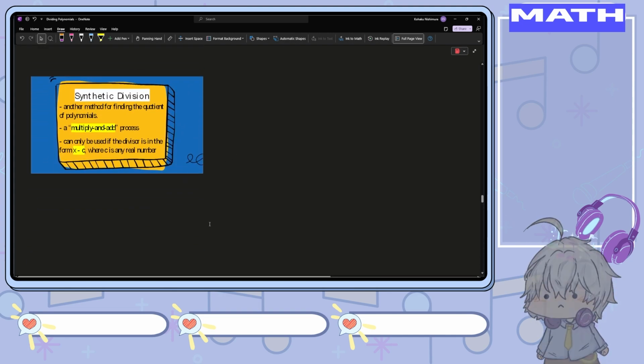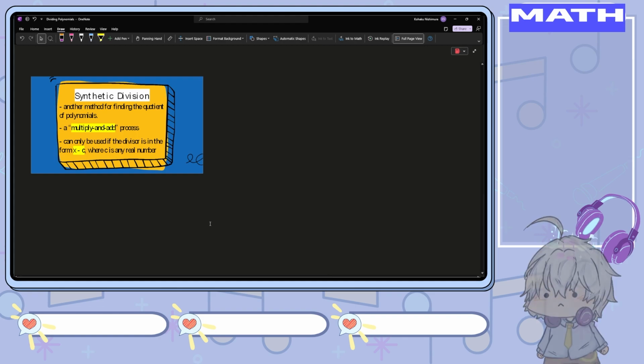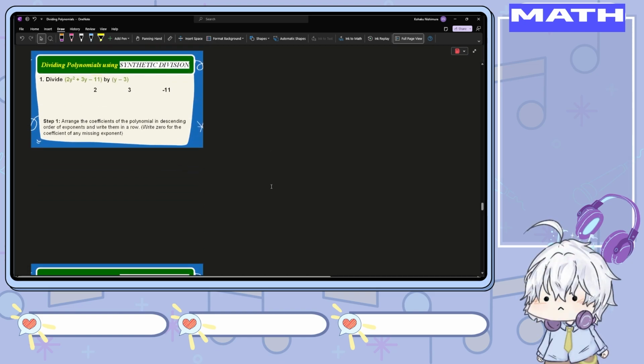Next. There's another method for finding the quotient of polynomials, or to be specific, a polynomial to a binomial. It can be used if the divisor is in the form x minus c, where c is any real number. So here are the steps. Let's say you have 2y squared plus 3y minus 11, and we divide that by y minus 3. The first step is that we need to write every numerical coefficient